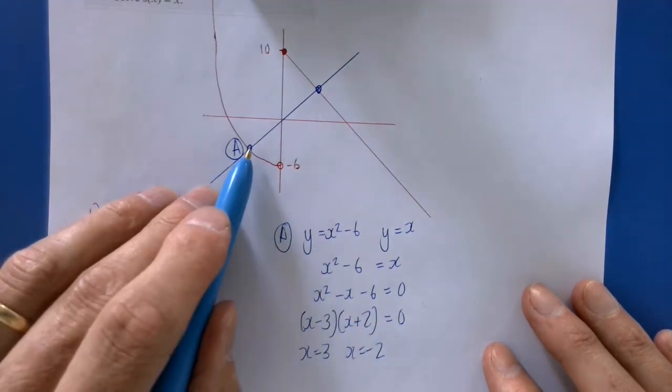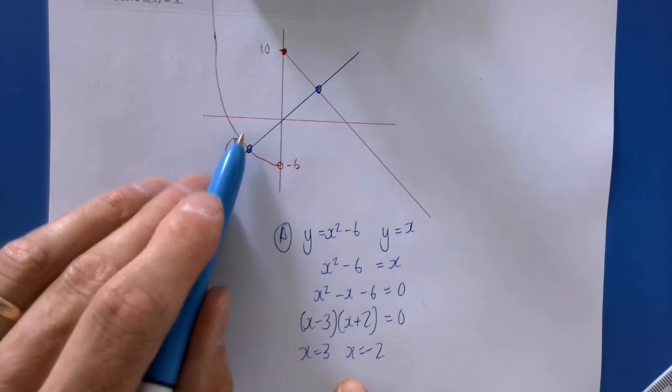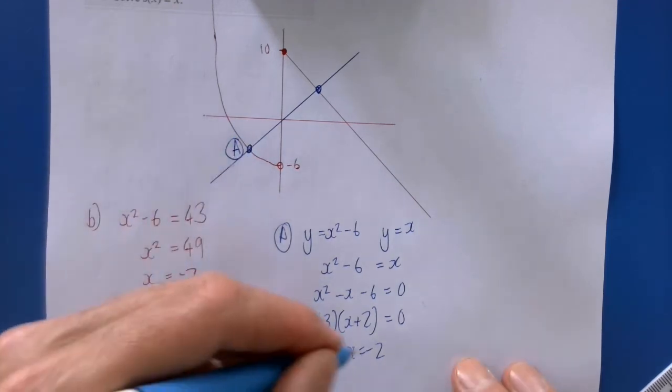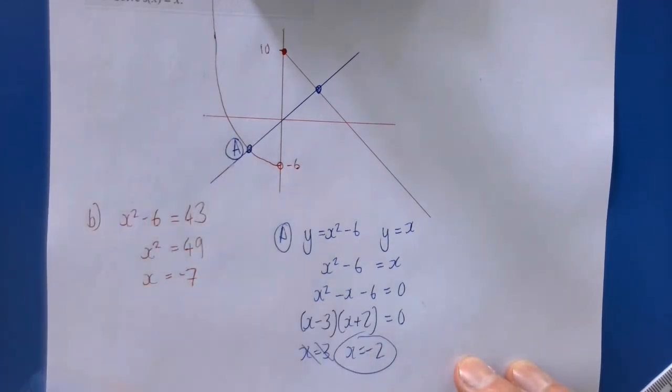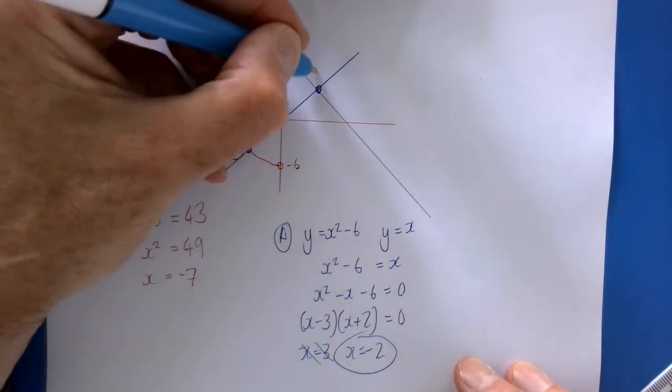So this is point A, which I know has to be negative. The x value is negative there, so that's my solution there. Point B,